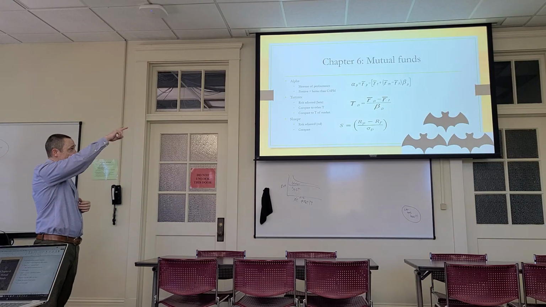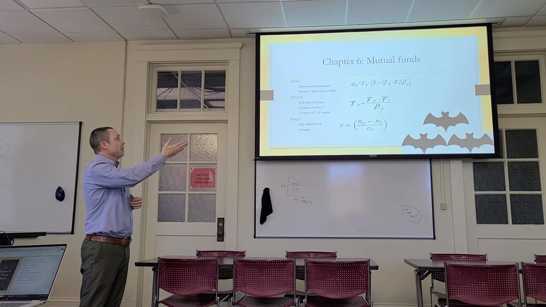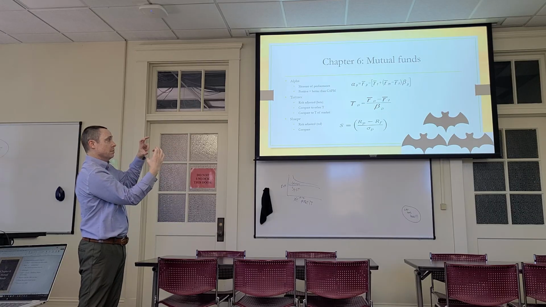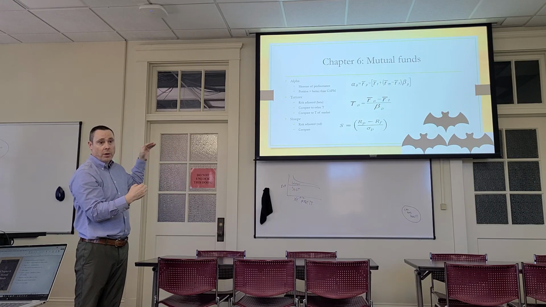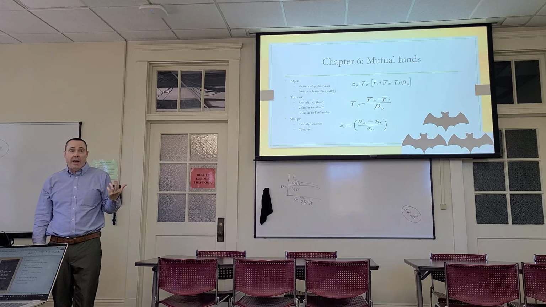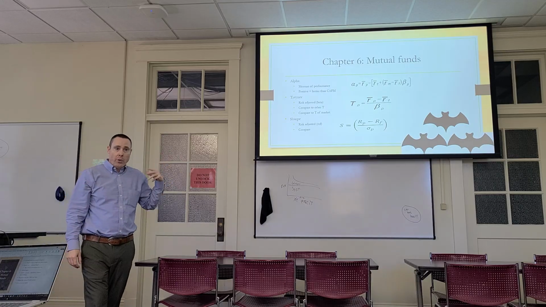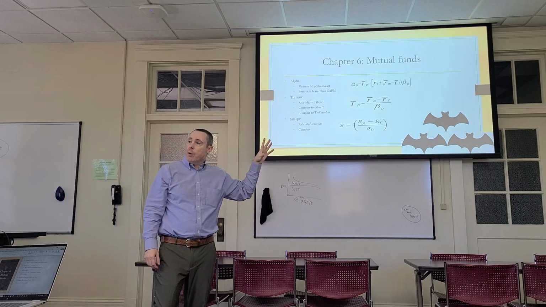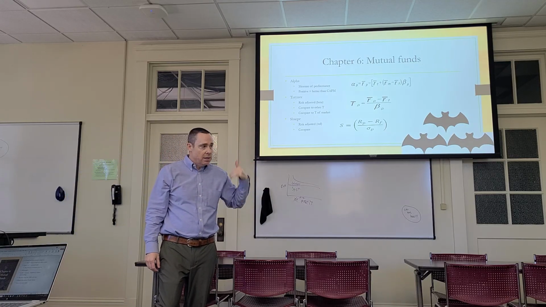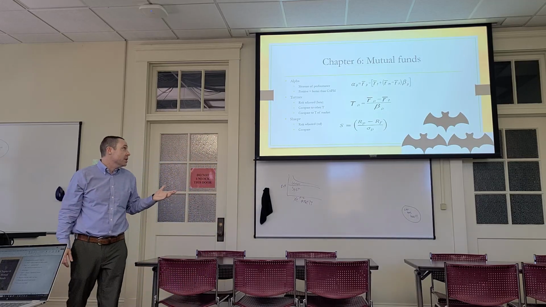So order of operations: return of the market minus the risk-free rate, times beta, then add the risk-free rate, and then all of that, what was in the bracket, you've got one number now. Return of the portfolio minus that one number. That's alpha. We have an interpretation with that: positive, negative, or zero. We know whether we outperformed the market on a risk-adjusted basis if positive, underperformed if negative, or did the exact same thing if zero.